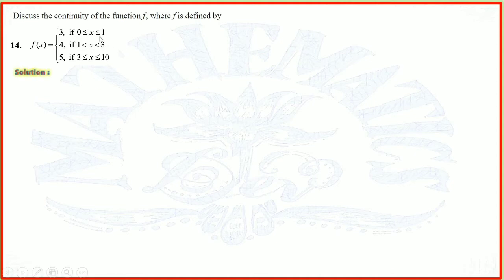Here you can see that we have 2 turning points for this particular question. That is 1 and 3, turning at both, and then 10 has only a single loop, and 0 is also having a single loop. So as you can see, there are actually 4 points: 0, 1, 3, 10.